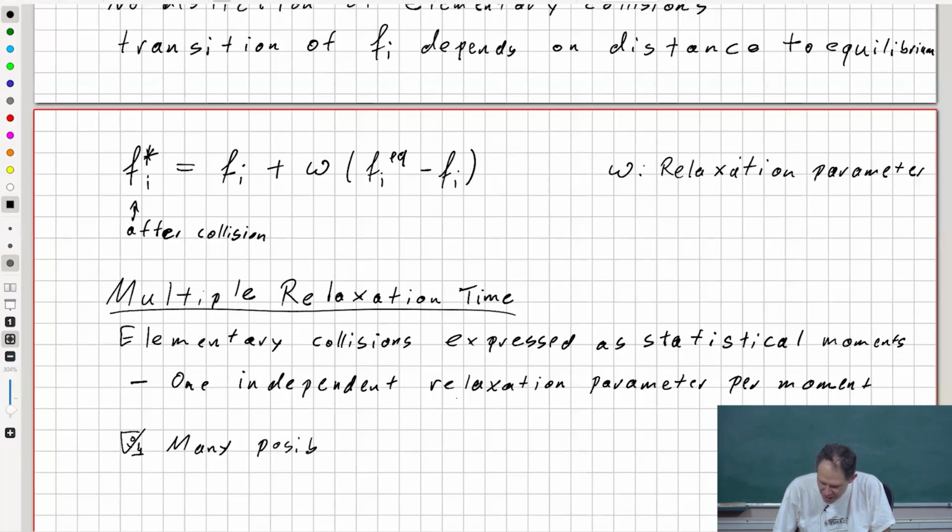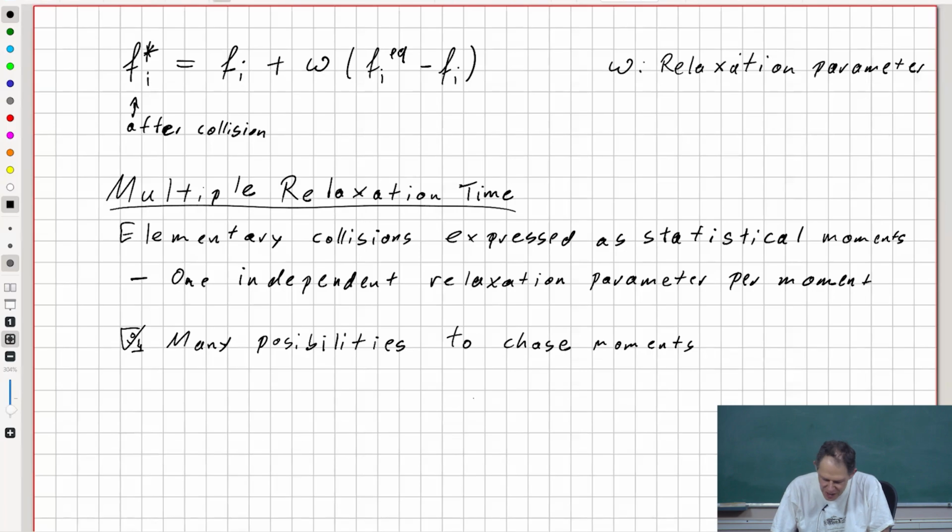So there is, of course, something that is called the classical multiple relaxation time method, but in reality, there are now many different methods with different names, which are basically multi-relaxation time methods that use different sorts of moments. And you can differ these moments, for example, by frame of reference. So you can have moments, for example, in an Eulerian